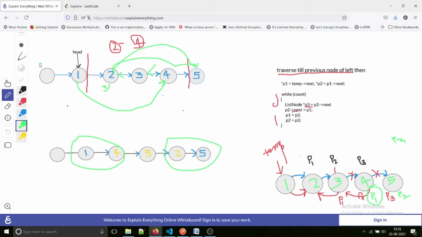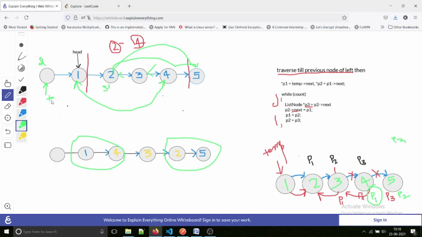So let's mark it as a dummy node. So if our position is head itself, I will mark my node as dummy node. So this dummy node will be temp now. So it will be temp, and then the links are changed with respect to this only. So this dummy node is there to help us in the case where the head is the starting node itself.